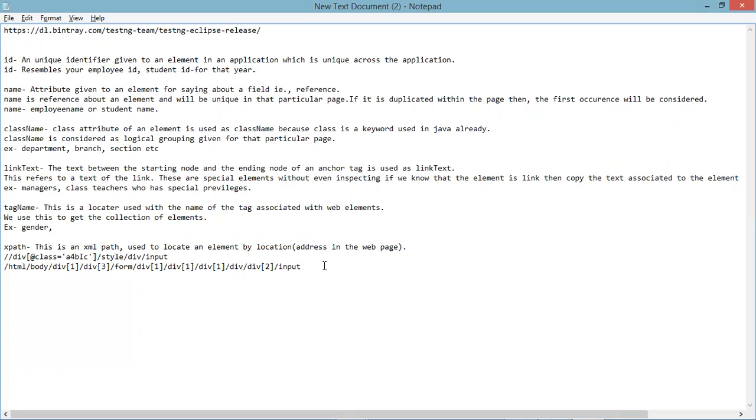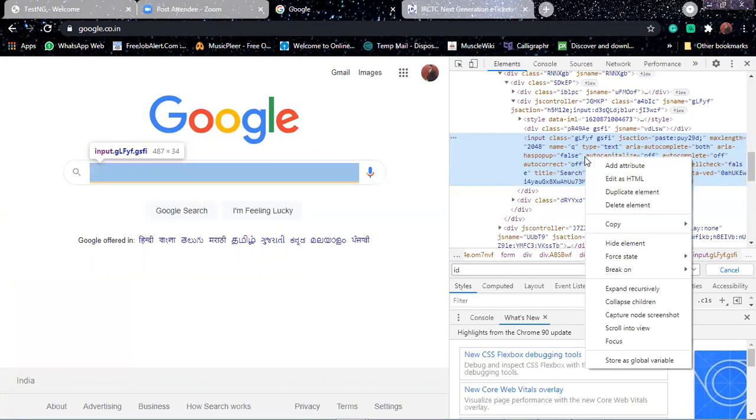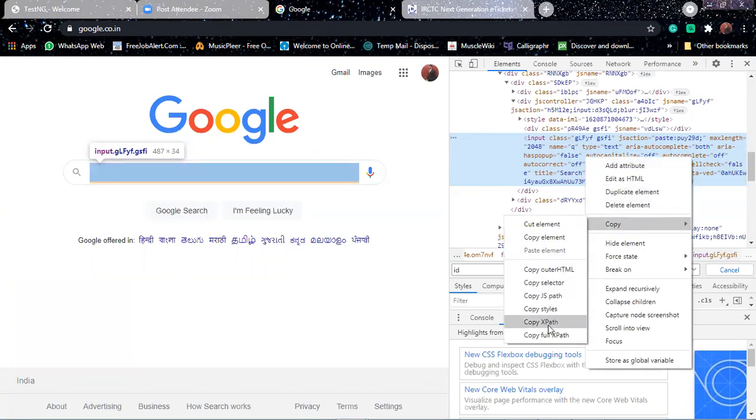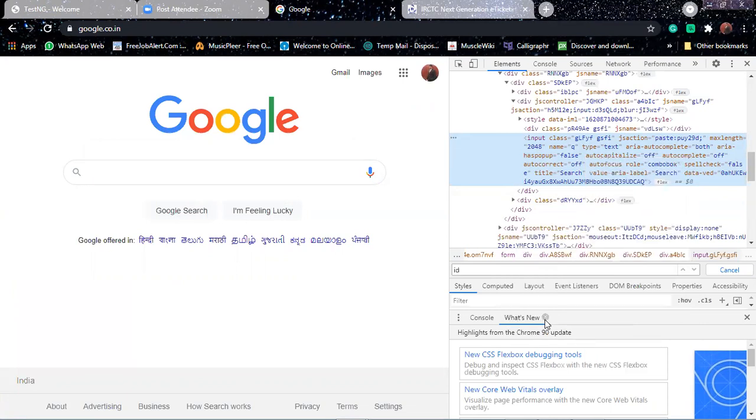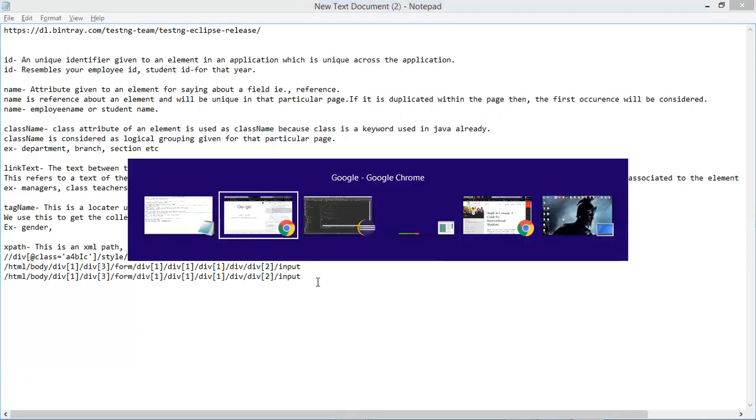Now go there again. You can copy XPath, which gives you the relative path, similar to the previous example. Now paste it in the notepad. You have copied the previous one, the full XPath.